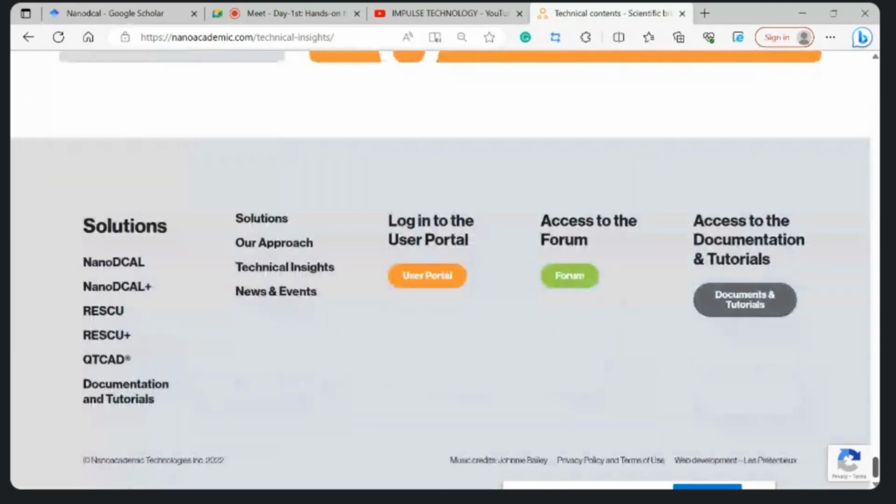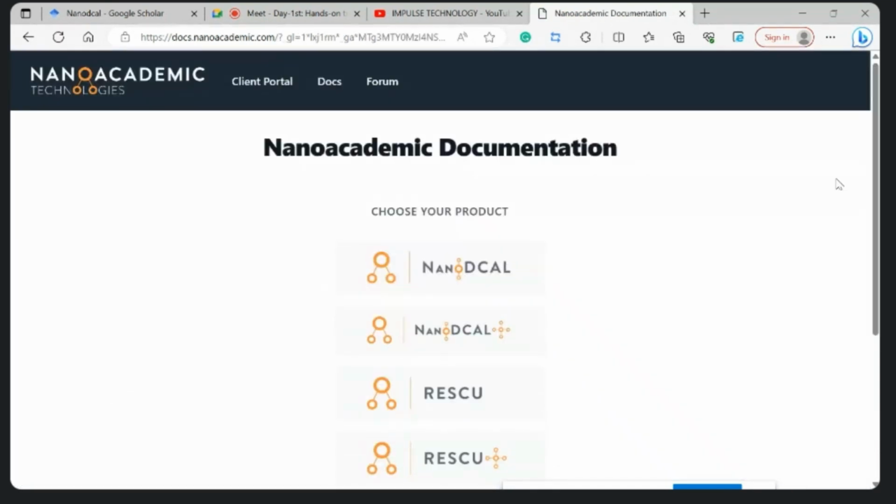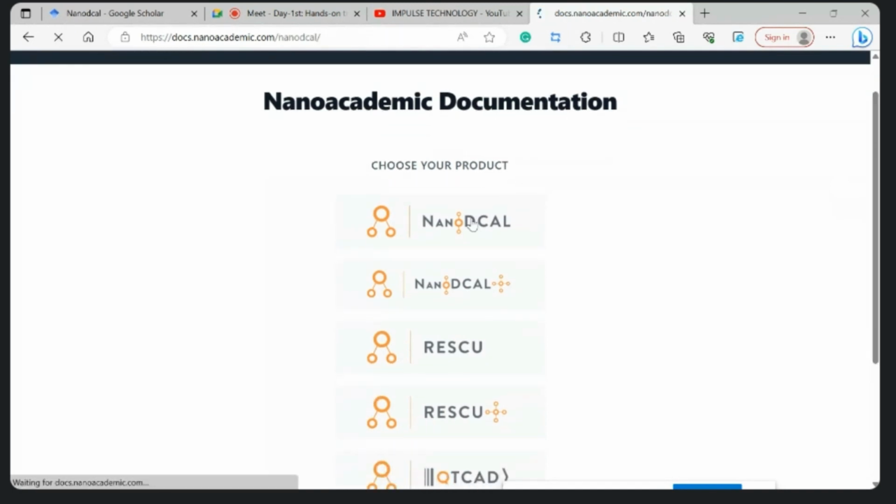Once you go down to the footer of the page, there is an open forum, and a documentation page. You can click on this documentation and tutorial, and these are the documentations. You can go to this NanoDCAL